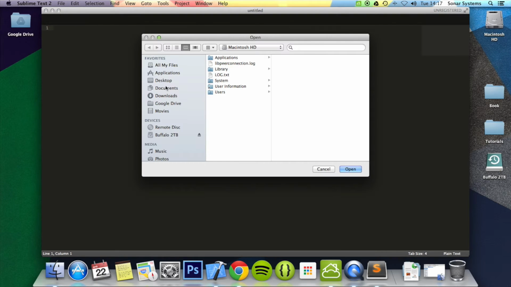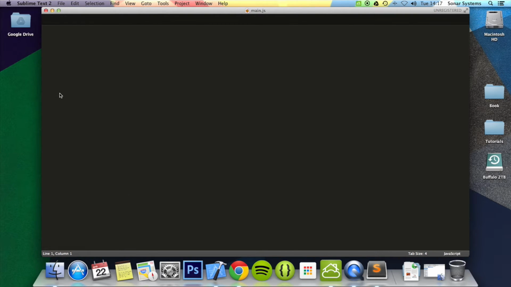Then you want to open up the files from tutorial 2. And in the main.js, we're just going to create a couple of new variables. We'll create one called var x equals 5, var y equals 7. The first conditional statement I'm going to show you is an if statement. You use this statement to execute some code, but only if a specified condition is true. So if I do if,